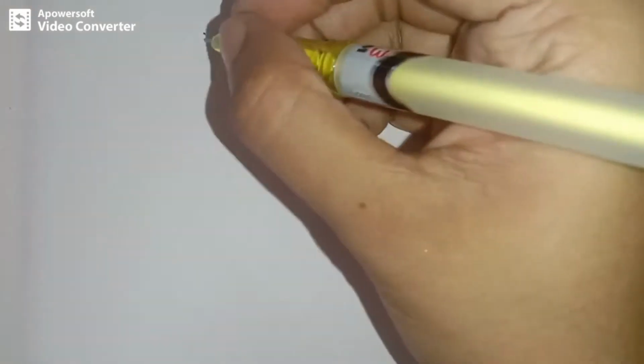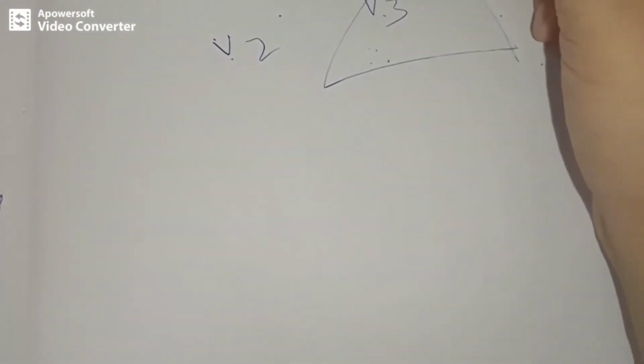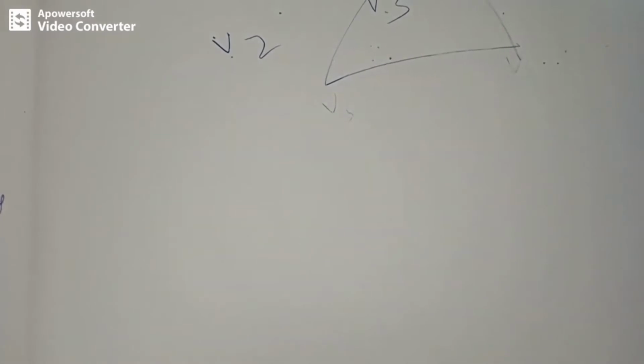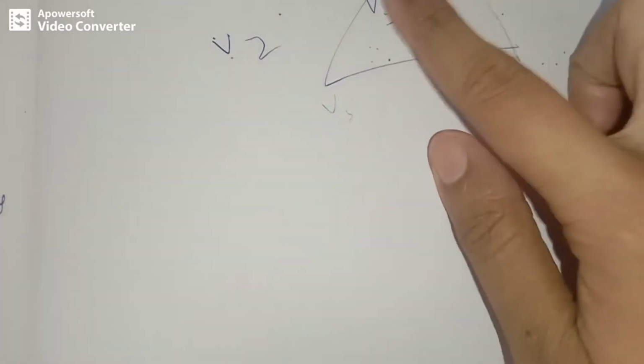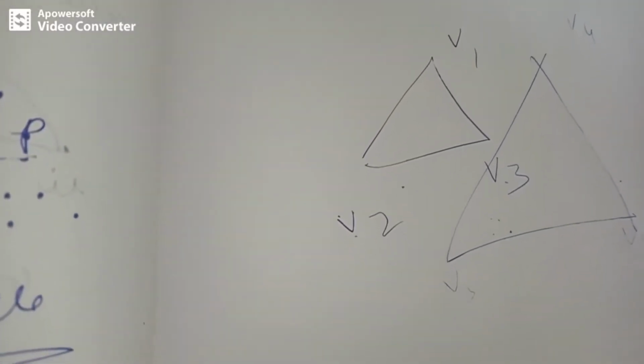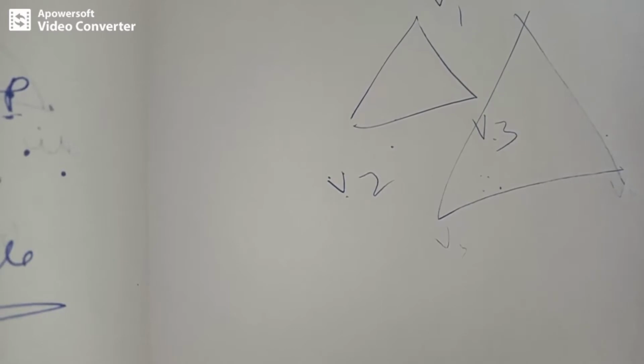Let's see whether this graph is connected or disconnected. This is a particular diagram, and I have another triangle here, V4, V5 and V6 respectively. You can observe there is no connection between V1 and V4, or between any other vertices of the two different diagrams, right? Therefore it is a disconnected graph. It is purely a disconnected graph.